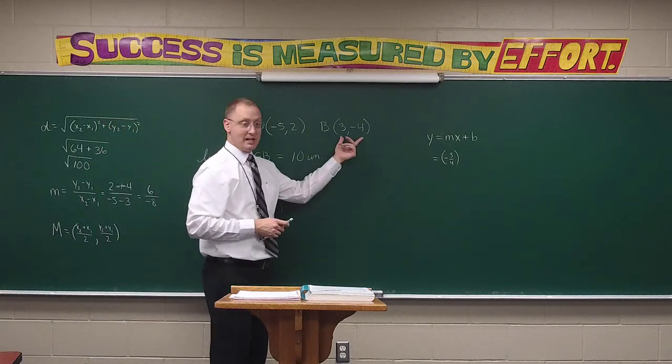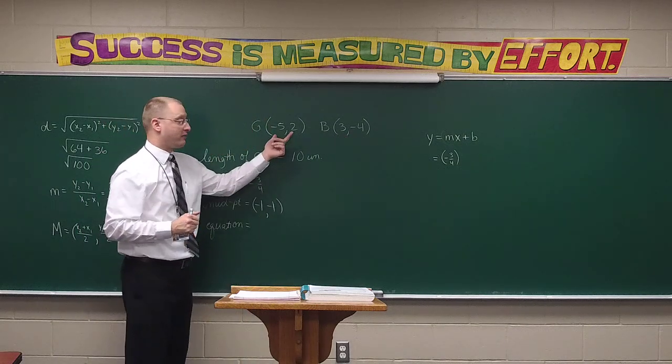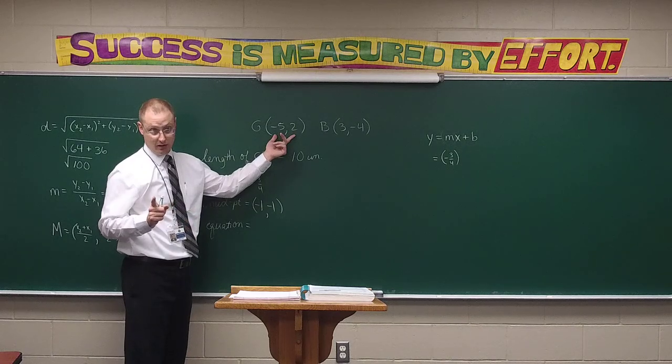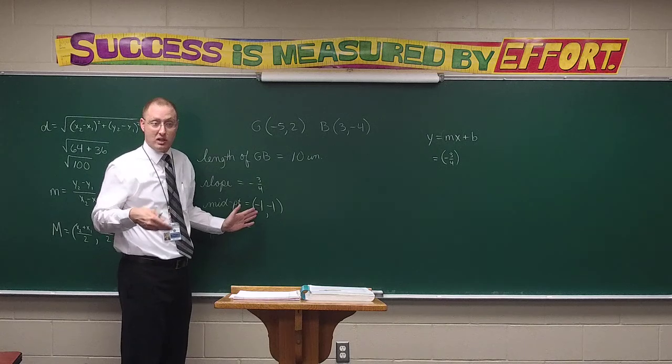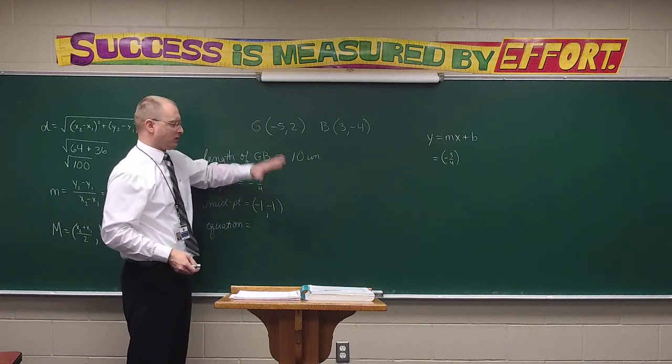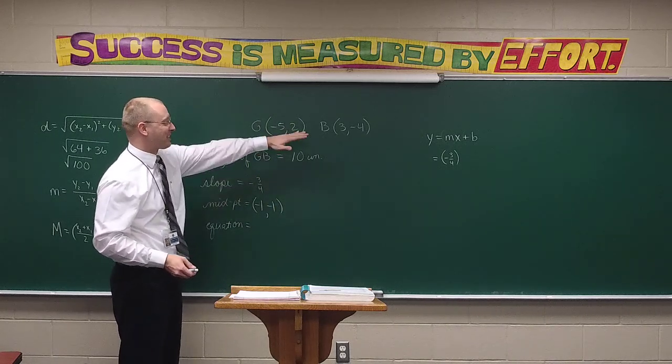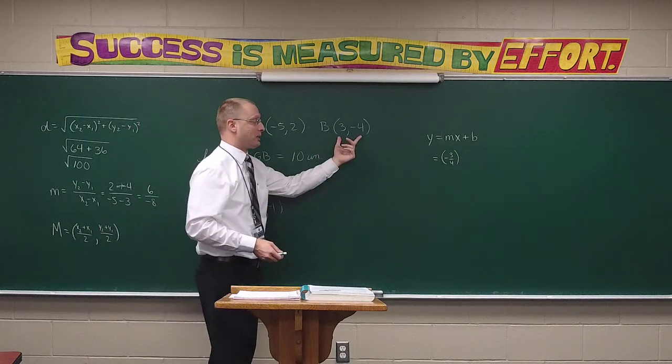Good, either 3 and -4, or -5 and 2. Technically, if you want to gamble that you did it right, you could even use the midpoint, because all you need is a point somewhere on the line, right? But I wouldn't gamble that. I would go back to one of the original points, and you said you wanted to use 3 and -4,